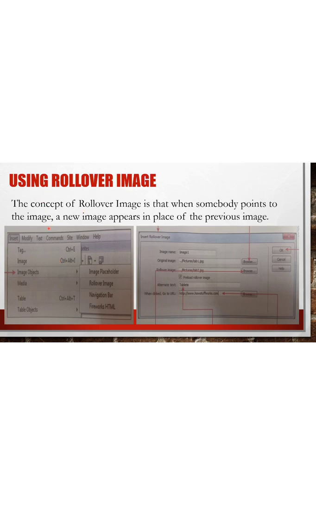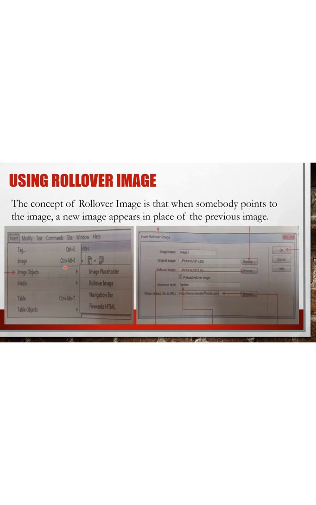Rollover image means that after inserting the image, you can make some modifications over this image, and we will be able to view a new image, which is known as the rollover image. The concept of rollover image is that when somebody points to the image, a new image appears in place of the previous image.